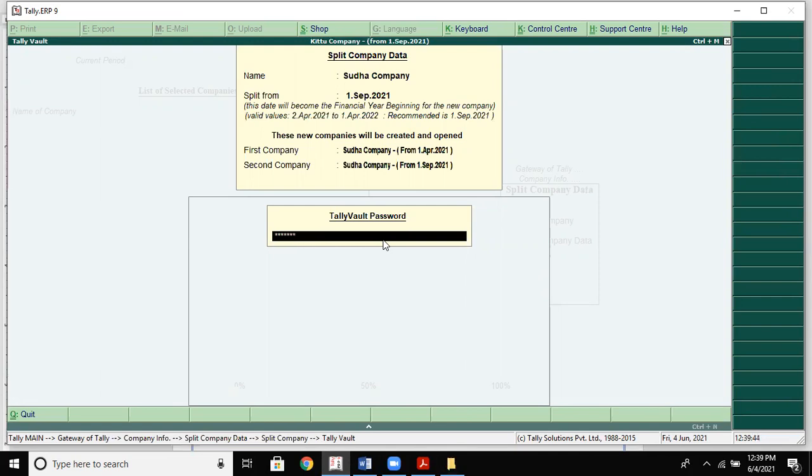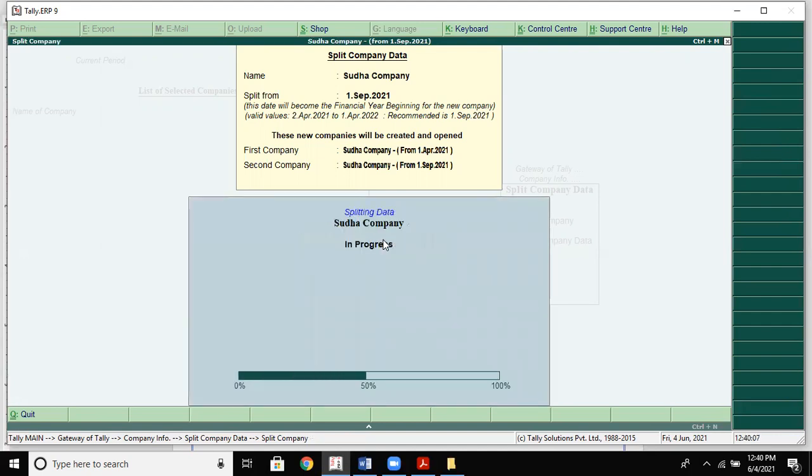XYZ tally 123 star. So in this way, the data will be split.